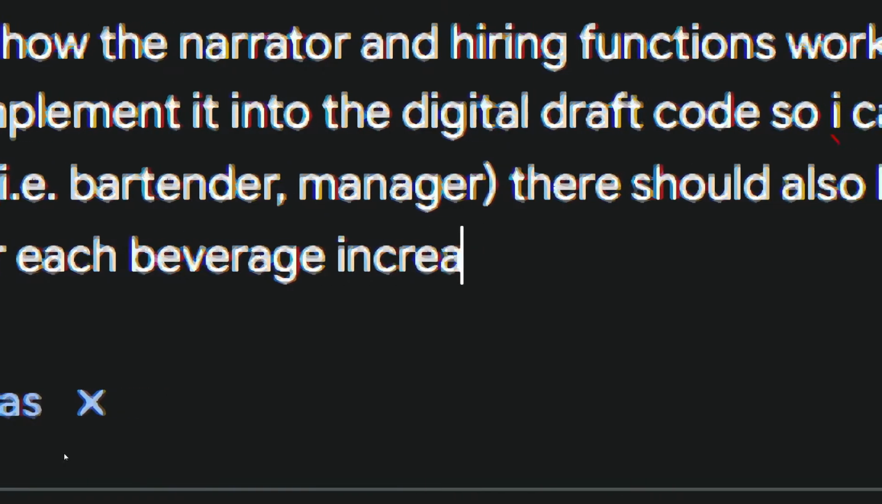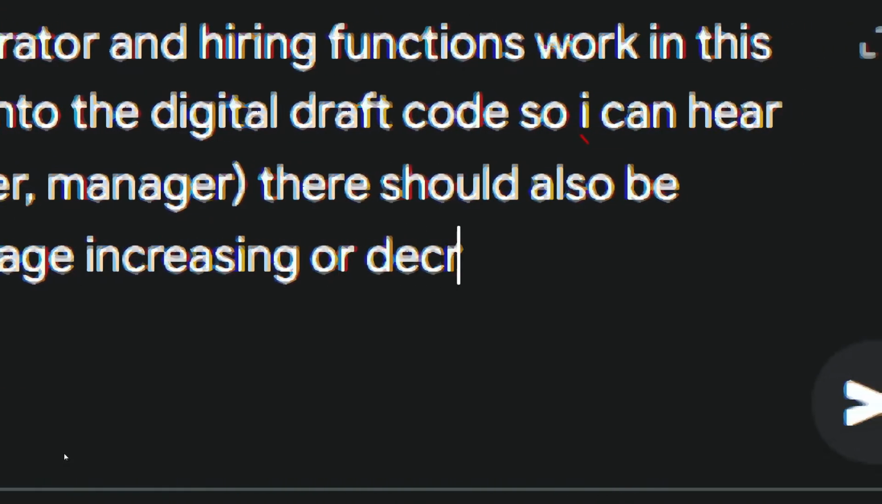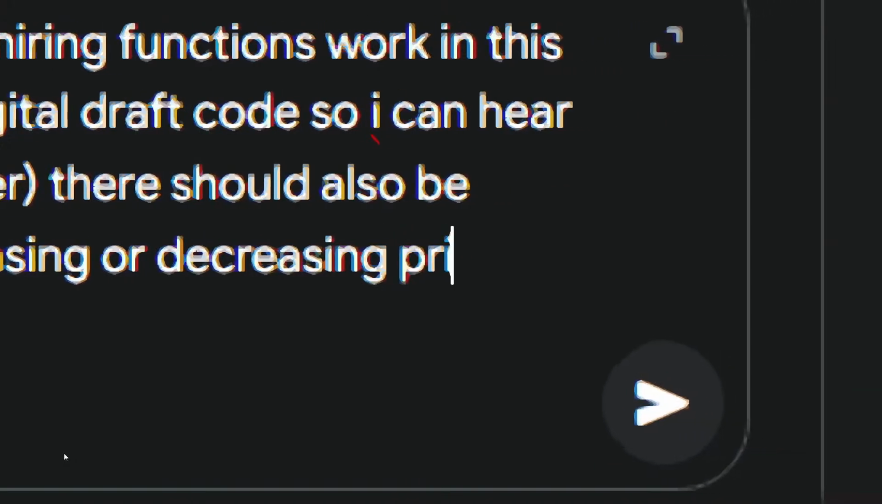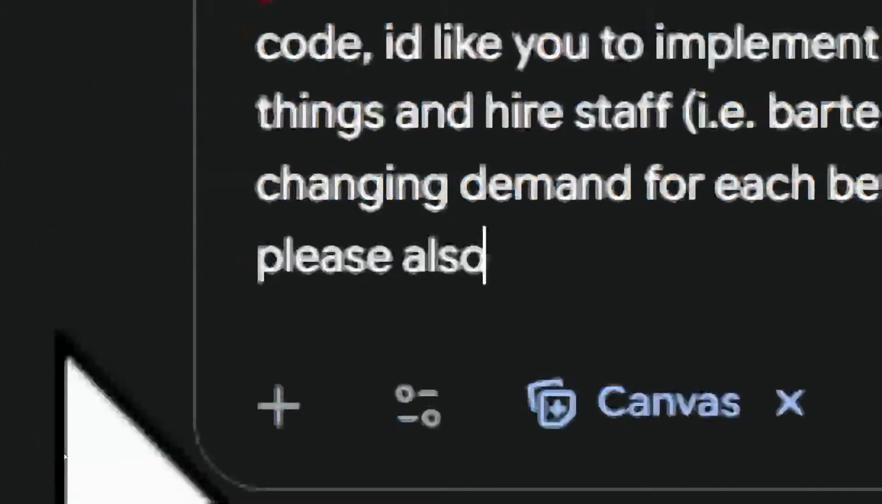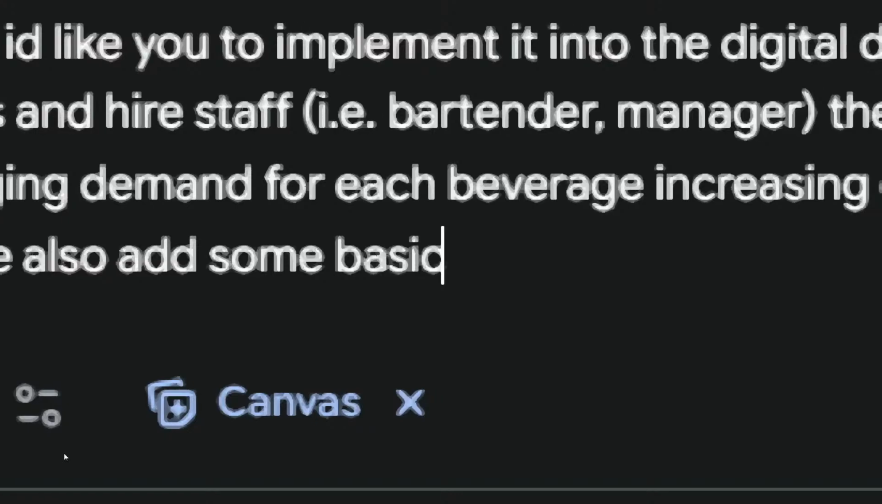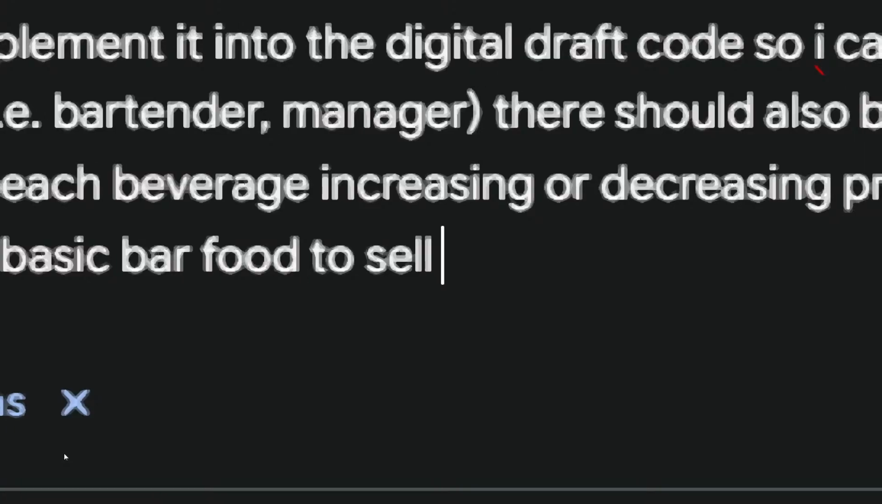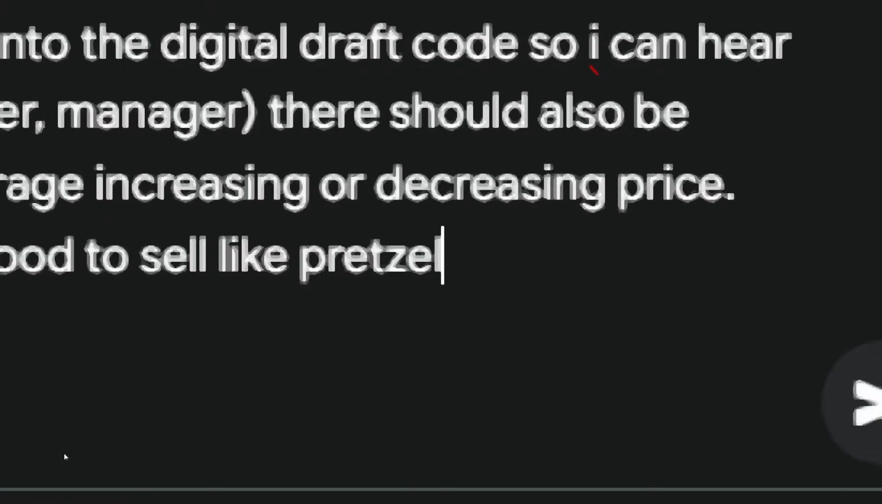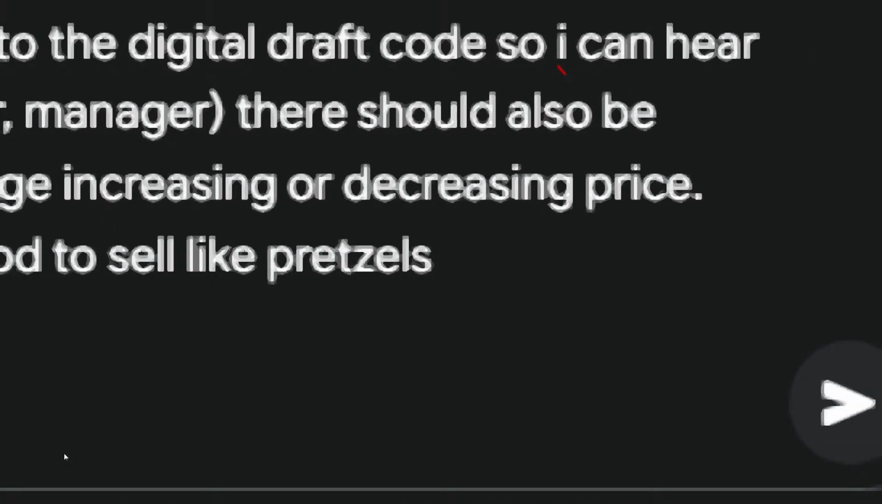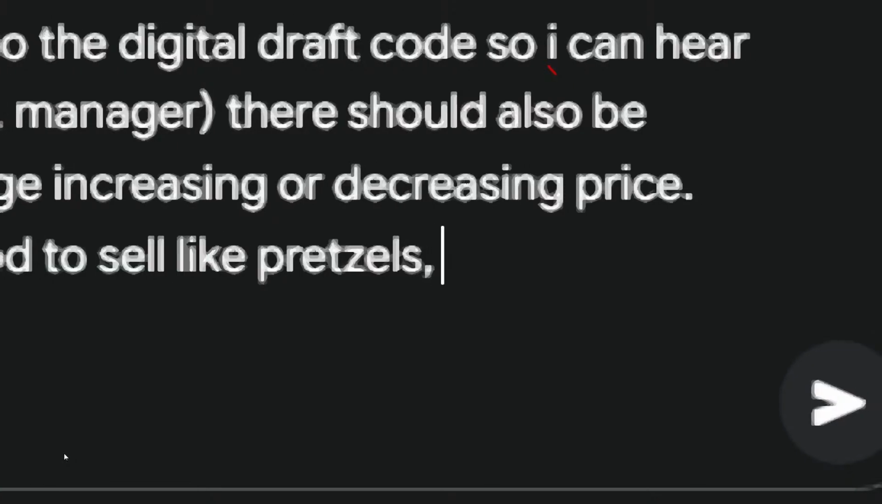...or decreasing price. Please also add some basic bar food to sell, like pretzels. Dude, pretzels at bars go so hard. That's some good stuff right there. I like that. Pretzels,